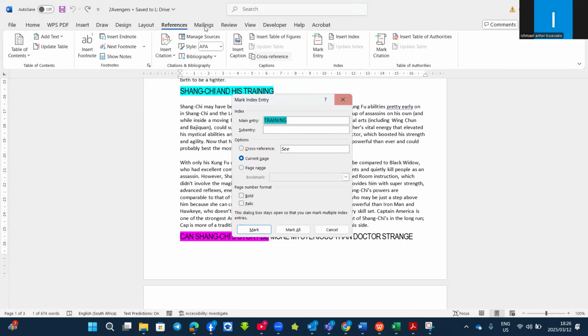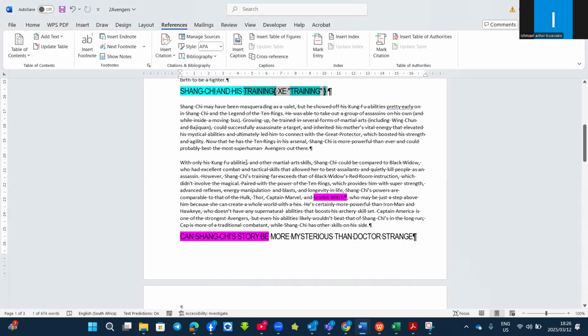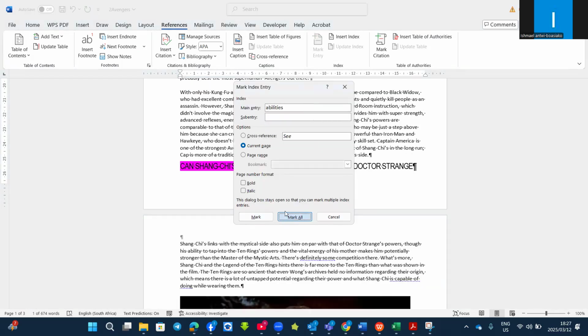Right. And then here you can choose current page or the page range or based on the question. But the easier one or the best way is to click on mark all so that all the occurrences of the word training will be marked. But if you want a specific one, then you click on only mark. Then you close it. Let's say I want to add entry to this one, also abilities, mark entry, mark all,